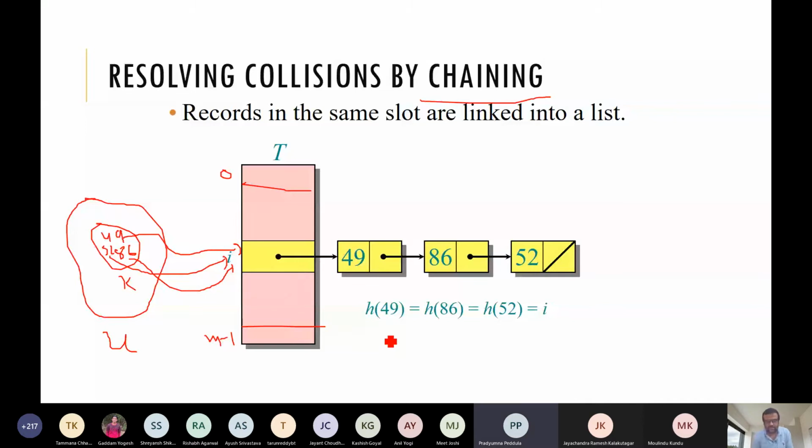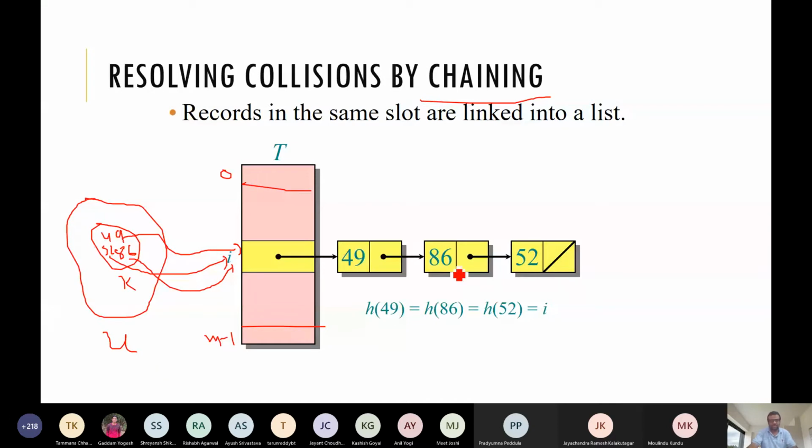You are correct. Instead of chaining, how can we solve this problem? That is called probing. We'll try to see whether there is an empty space in the table itself, but that will come at a later stage. But let us first understand what chaining is.